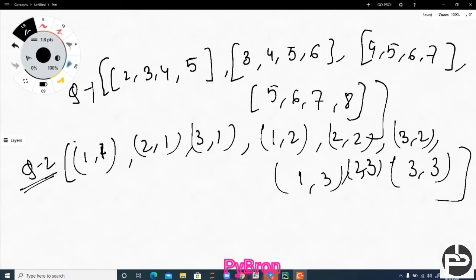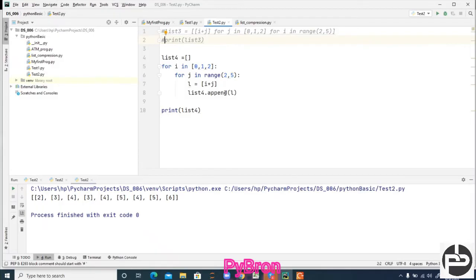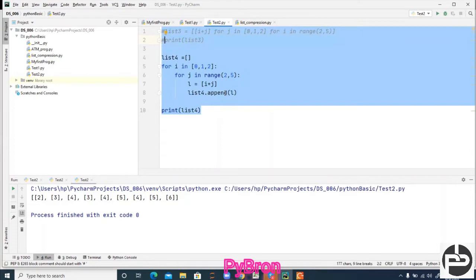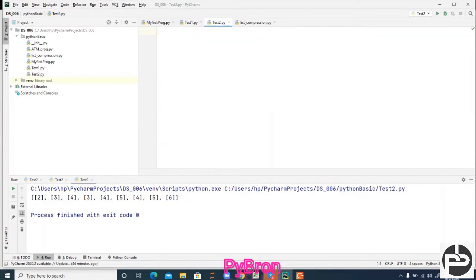Now we are coming to the set. I guess I already taught you set so far. Let me give a recap so that everyone will be on the same page. Set is a kind of data structure where we store a group of individual objects in the form of a single object, where duplication is not allowed.